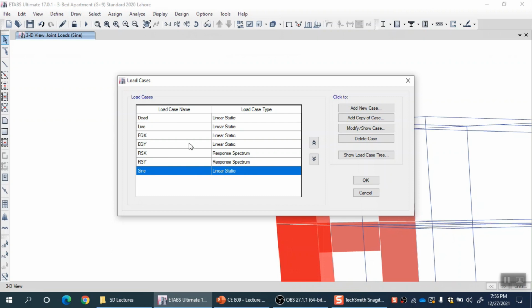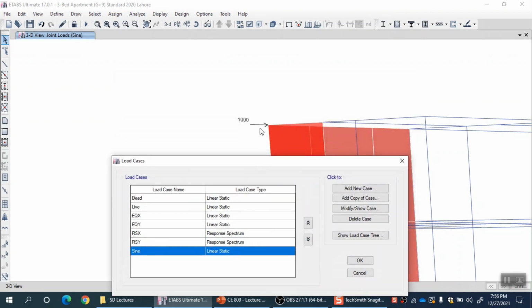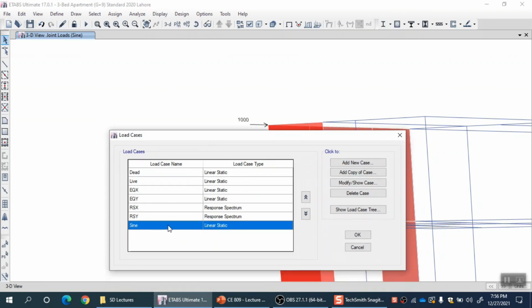Which means that if I just run the analysis now, the program will think that 1000 is a static force assigned within that load pattern saved by the name sine, right. But the program will not consider it as a dynamic load unless we change the type of this load case, right. So currently it is linear static.